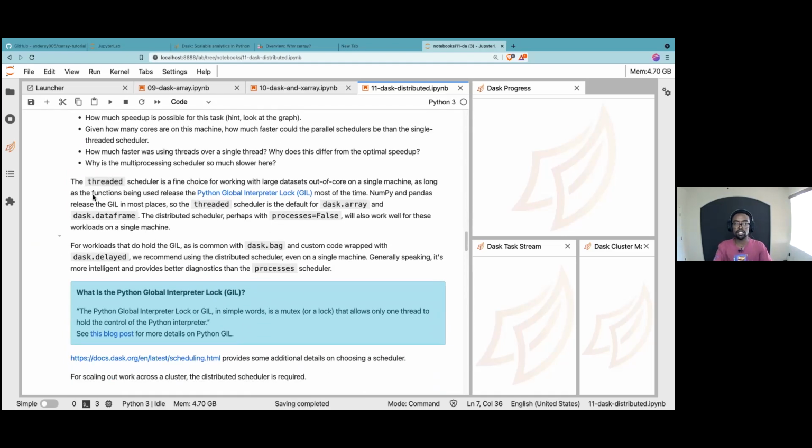And then this kind of goes into some of the details about exactly why the threaded scheduler is fine in some cases and why sometimes it's not. So if you've ever heard of this thing called the GIL, the Python Global Interpreter Lock, which says that basically at any point, if you have a bunch of threads in a single process, only one thread can actually